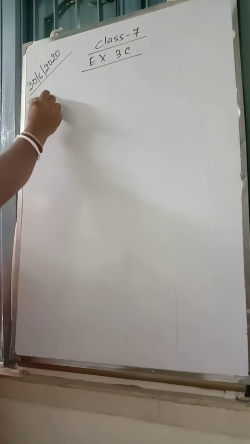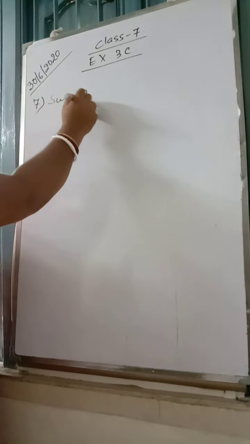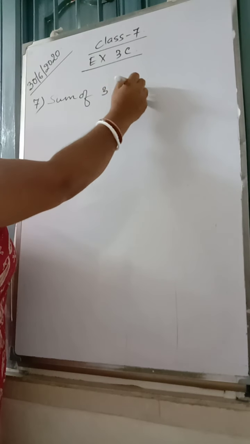The 7th question says the sum of three rational numbers is 10. One of them is 4 and the other is 2/3 less than 4. Find the third rational number. Now first of all, the sum of three rational numbers